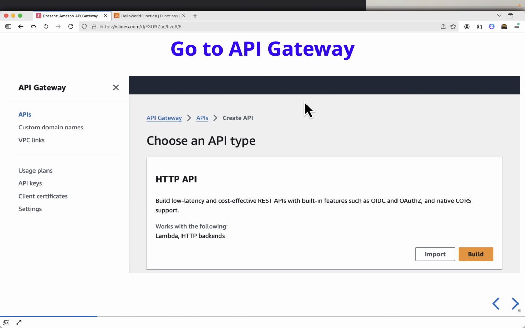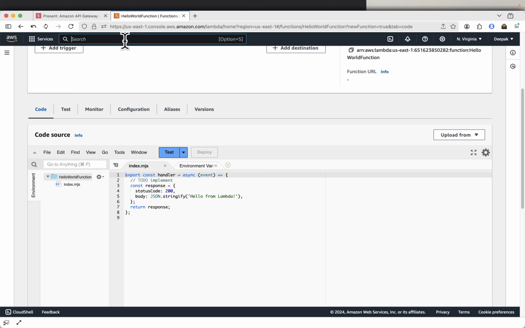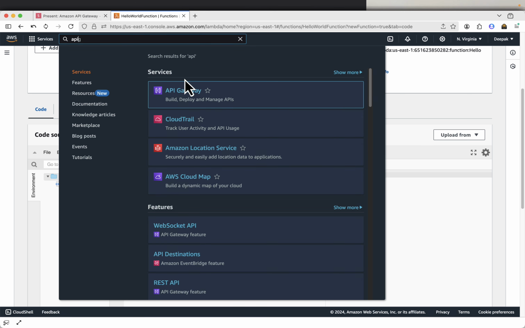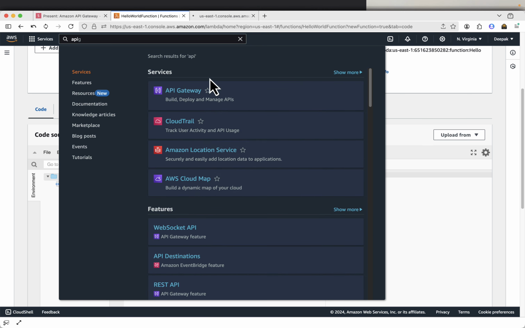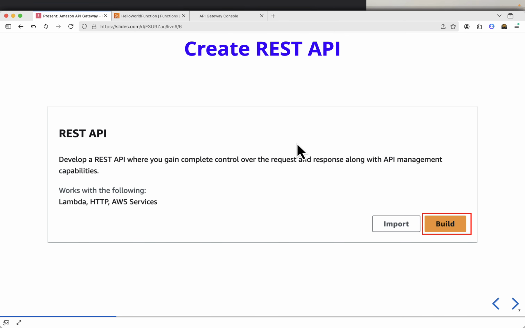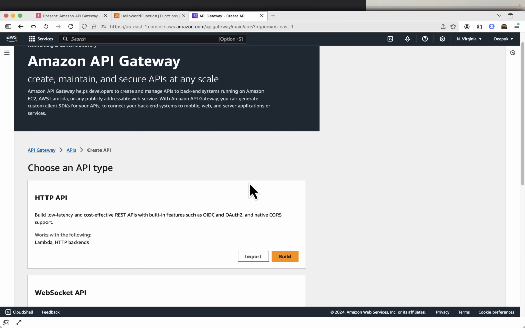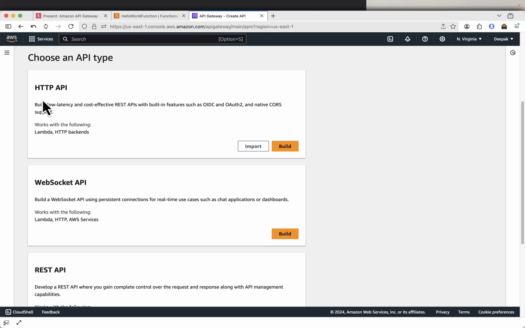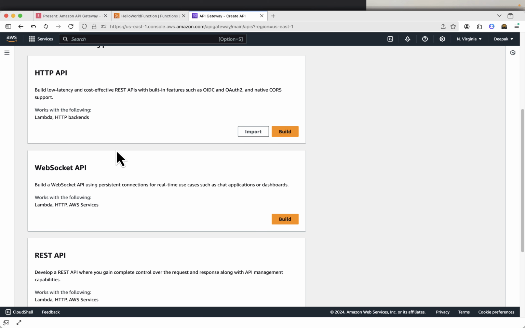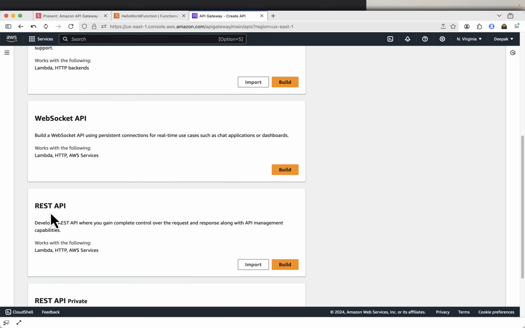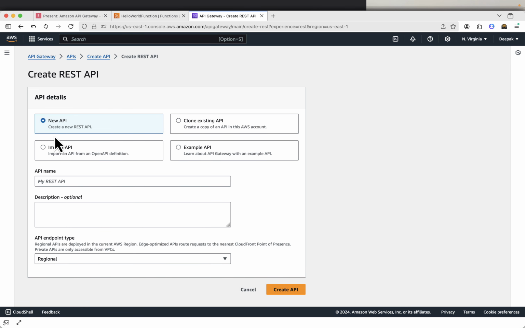Next we will create an API Gateway API. So I will search for API Gateway. Open that in a new tab. This will be a REST API. So when you log in, you will see choose an API type. The first one will be HTTP API, but we are not creating that. If you just scroll down, you have to select REST API, click on build,